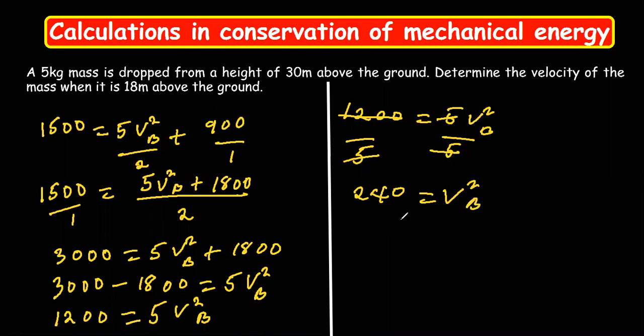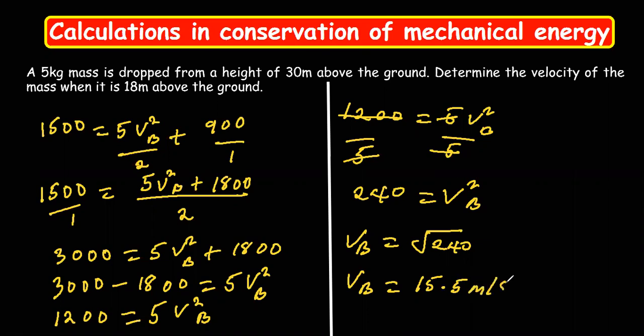So now let's take the square root of both sides. When we take the square root of both sides, we're going to have v equal to root 240. What is the square root of 240? It should be 15 point something, because the square root of 225 is 15, right? Where's the calculator? Yeah, I got it. 15.5